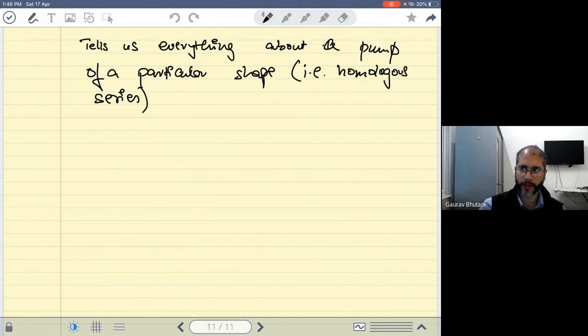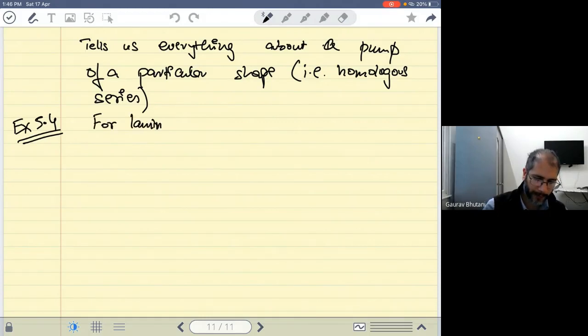So I can use these ideas to scale down or scale up and understand how the scaled down or scaled up version will behave. Okay, so let's solve one more example. This one's particularly interesting. This one says that for a laminar flow situation, that is, well, you can understand it as low velocities.